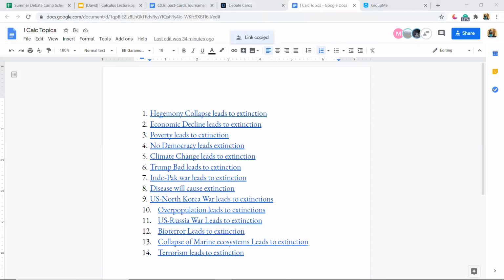Go ahead and open this. I can start recording. Right now we're going to start doing impact calc debates. If you want to choose one of the impacts that we have listed, type it in the